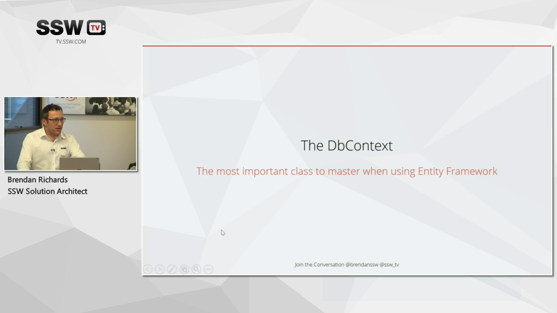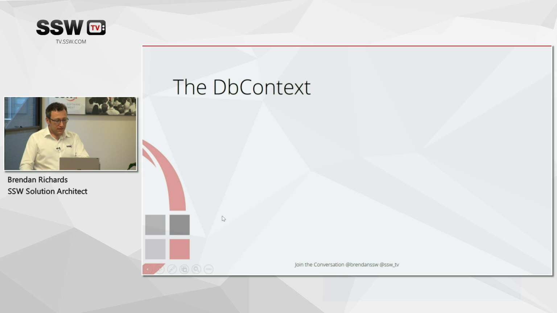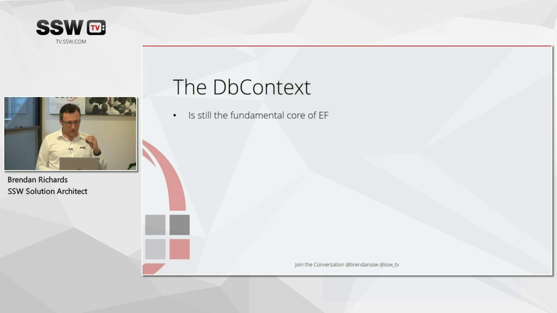So the next thing I'm going to talk about is DbContext. Pretty much, if you're going to do anything with Entity Framework at all, DbContext is what you need to learn, what you need to master, and what you need to understand how it does what it does. I'm going to focus on what's different between Entity Framework Core and Entity Framework 6. So first and foremost, it's still there. It's still the fundamental core thing. When they rebuilt Entity Framework from scratch to do Entity Framework Core, they didn't throw away the DbContext. It's still there, still does exactly the same job.